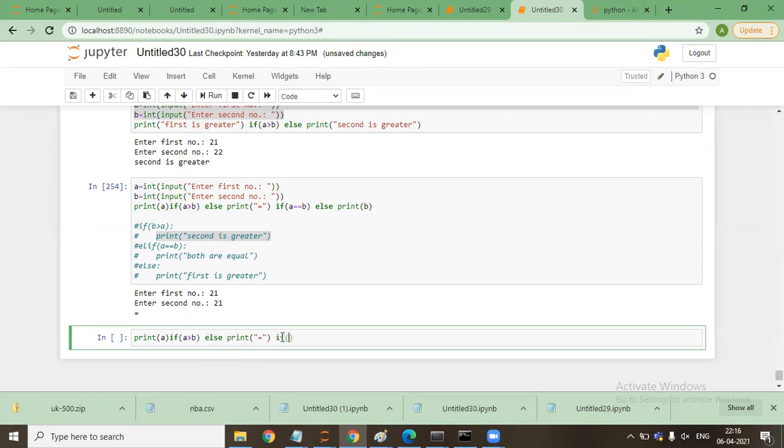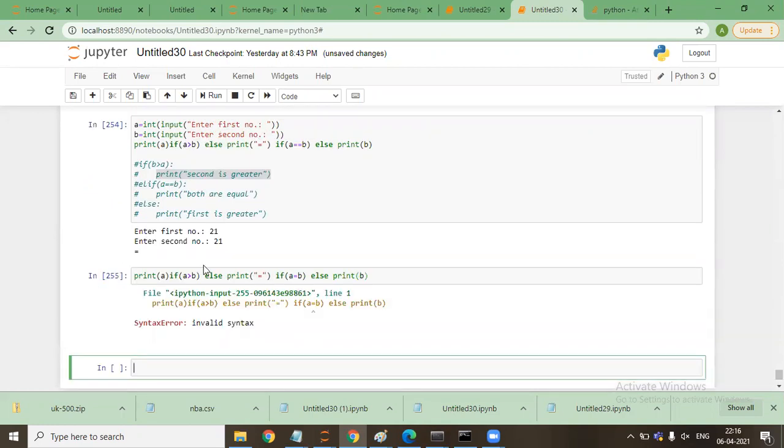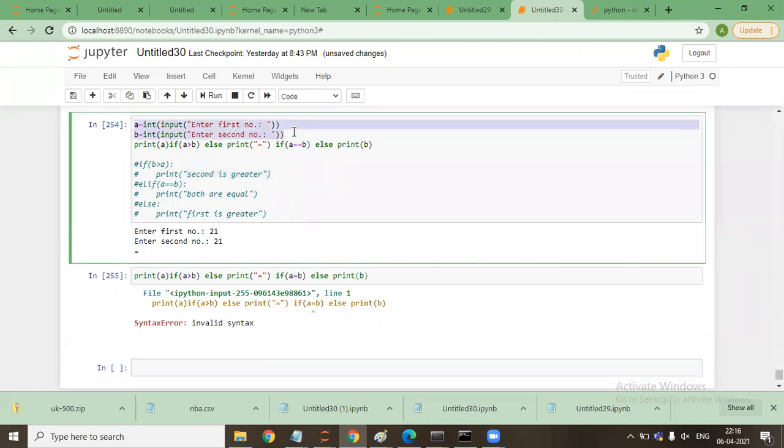If A equal to B, again else comes first, and in case it is here, if is not required, I'll say B. I need to specify the values of this.